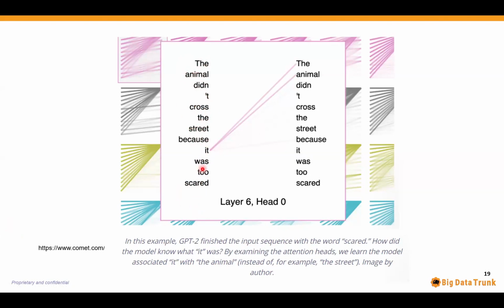There is one other "it" in this, another noun, which is probably the street. So it has to know that it has to link or relate this "it" to the animal, and then what are certain terms that are highly probable to show up with respect to an animal and not with respect to the street. So probably what we are trying to say is, you should have a model that knows that first it has to understand that this "it" was associated with the animal.